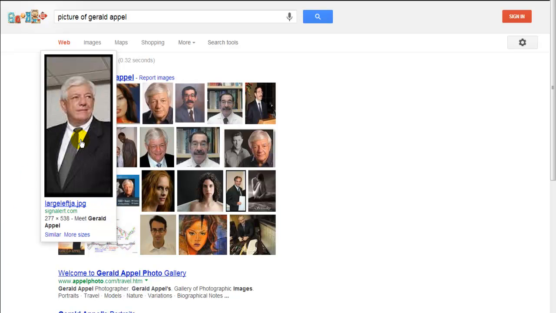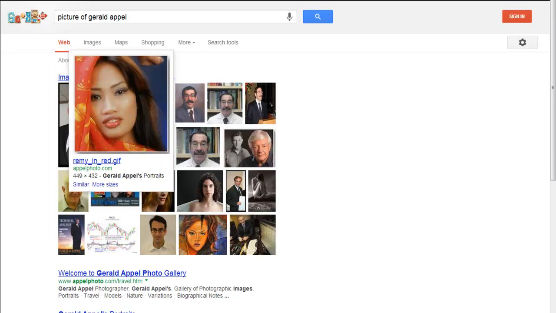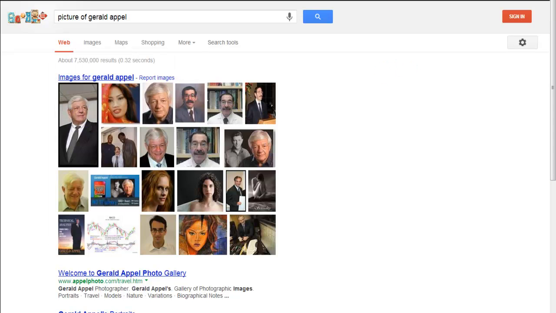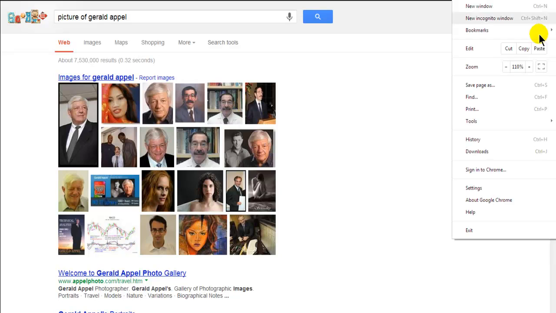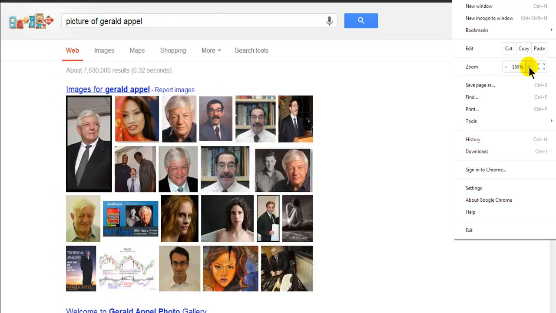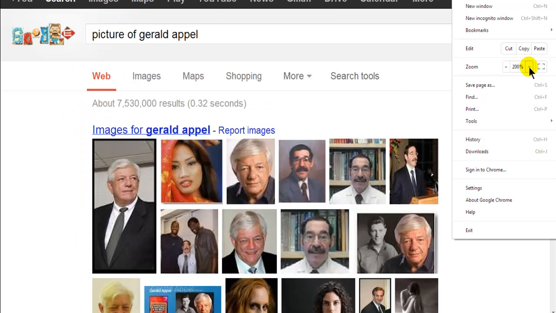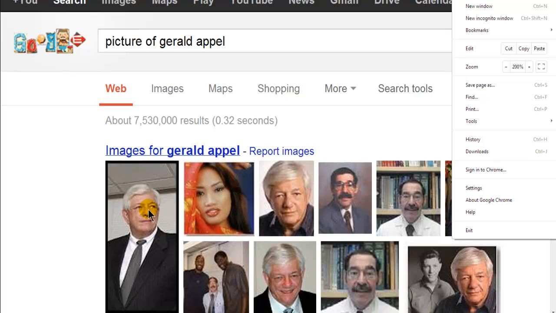Here it is. I'm checking all these pictures on Google. I hope you can see it. Otherwise, this is not this lady though. But for traders, let me zoom into it using my Google Chrome. All right, 200. That's enough now. This is Gerald Appel here, when I'm moving my cursor, the author and father of MACD. MACD stands for Moving Average Convergence Divergence.